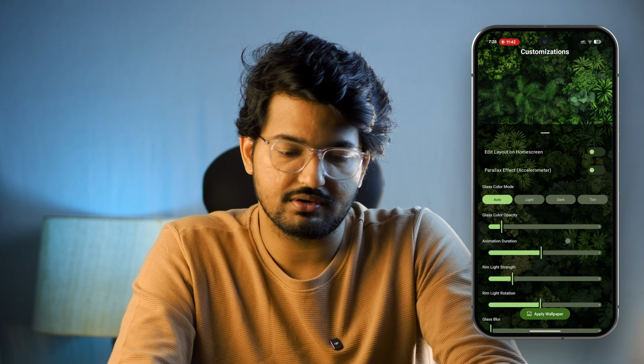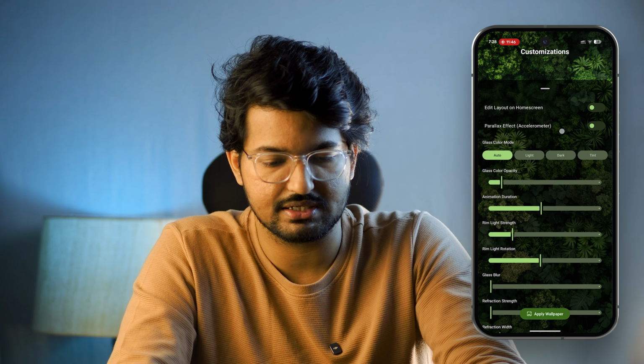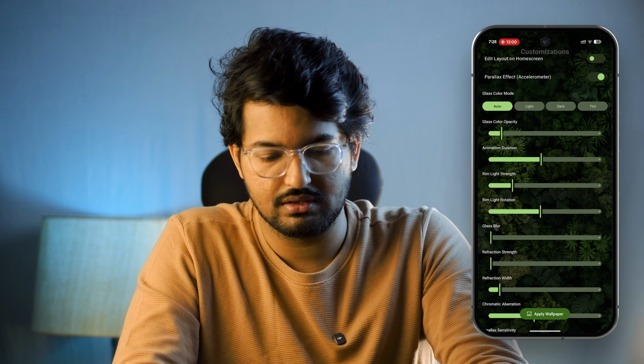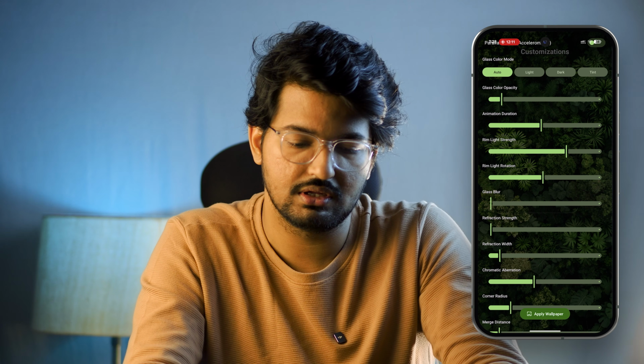So I'll go one by one. First one is of course the edit these shapes button. Second is the parallax effect. So when you press on that button, it will zoom in the wallpaper a little bit, and then you can move your phone around to have a parallax effect. And now let's set up the rim light's rotation however you want, but if you have turned on the parallax, then it will rotate automatically based on the orientation